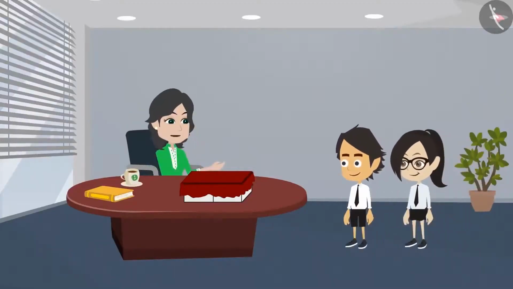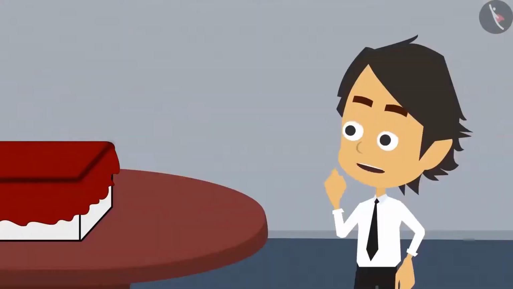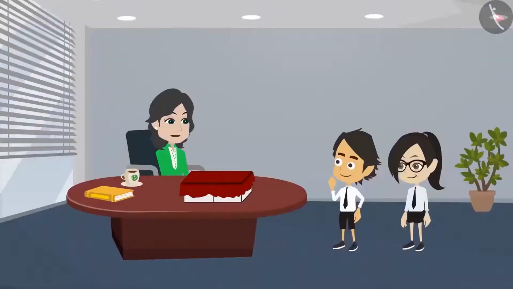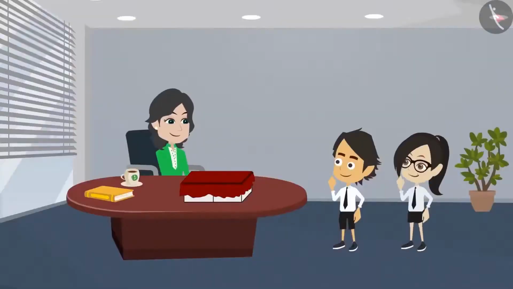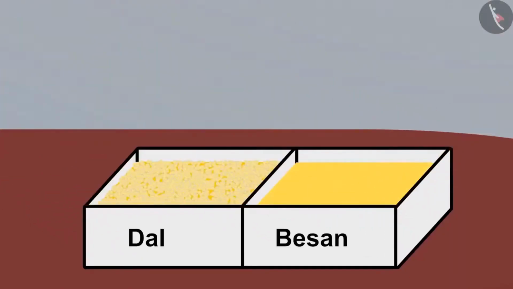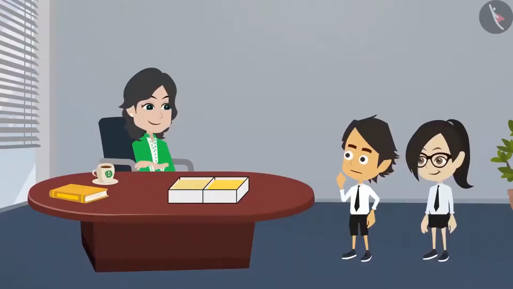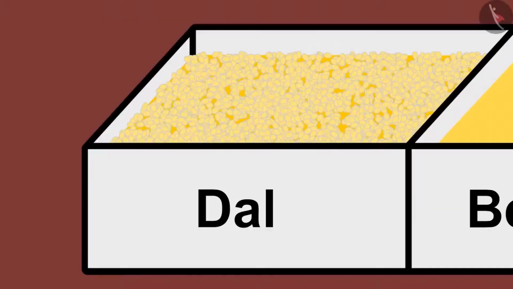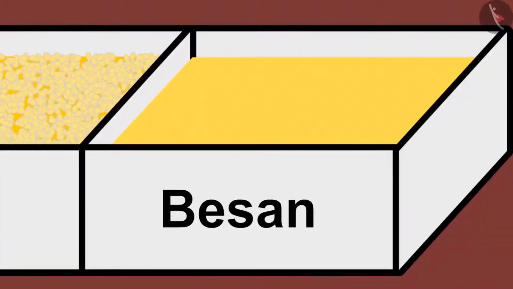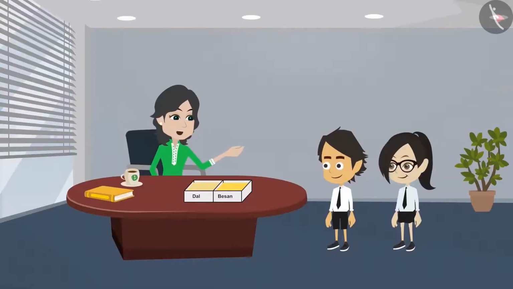Come Ayushman and Vandana, I knew you both would definitely come. Madam, have you got those objects that we have not learned to divide into two equal halves? Yes, Ayushman, I have got them. Then show them to us, madam. Look, Vandana, I have kept those objects here. What is there in these boxes? Dal and basin. Yes, dal and basin.